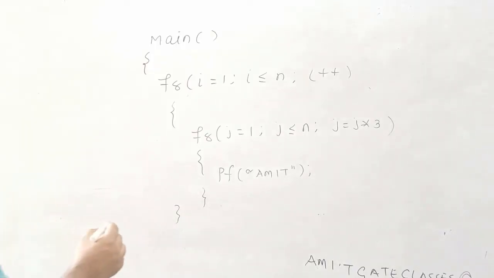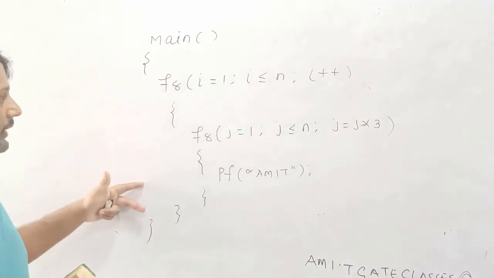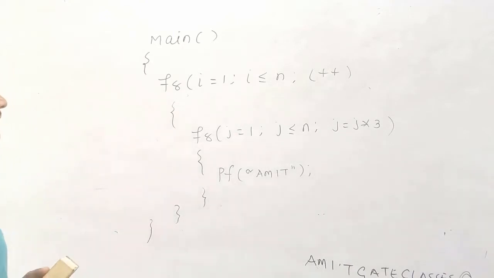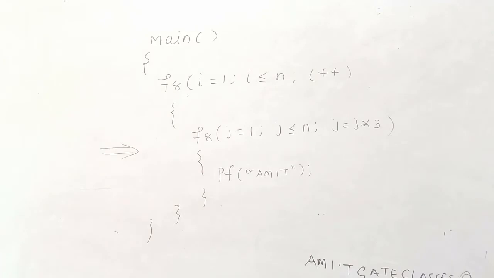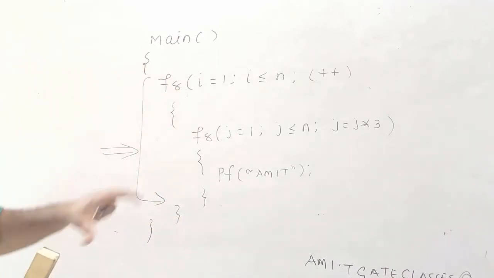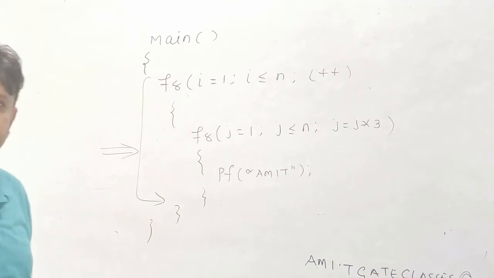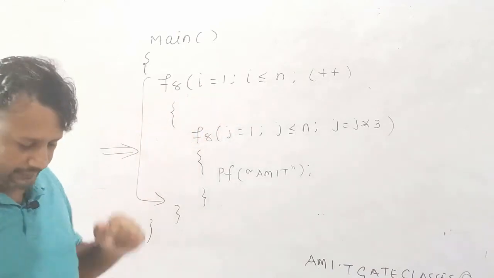Now in this question, we need to again calculate how many times this loop is going to run, and whatever number we find, that is going to be the time complexity of this program. As I told you how we need to proceed, in case of a nested loop, we need to check whether these two loops are independent of each other or dependent on each other.